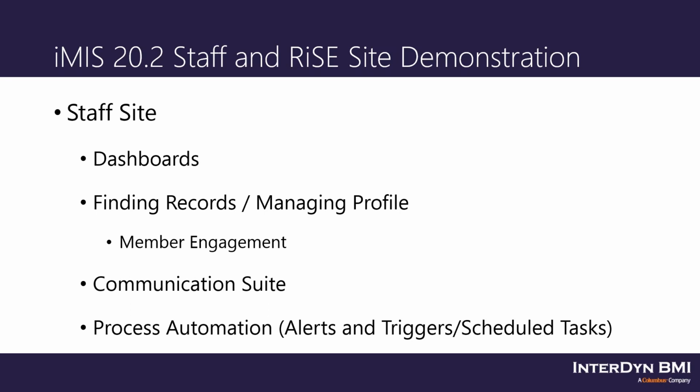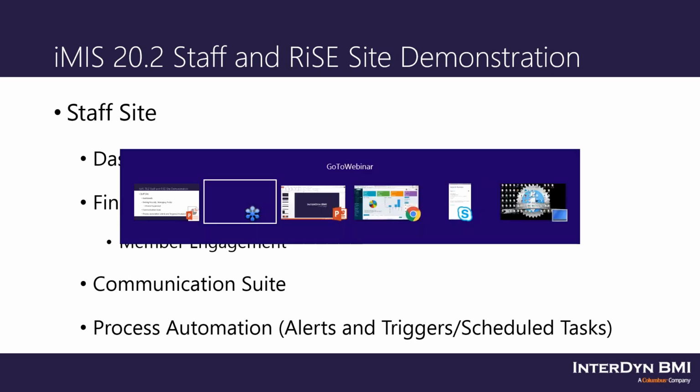And then, of course, whenever Process Automation or Communication Suite sends something out, we have our tattletale, which we call recent interactions, or most of you will be more familiar with activities. So then you can always track back to say, okay, well, what are we sending out, and are they actually receiving it? All right, so that's what we're going to look for in the staff site. So at this point, I'll actually switch over and do a live demo